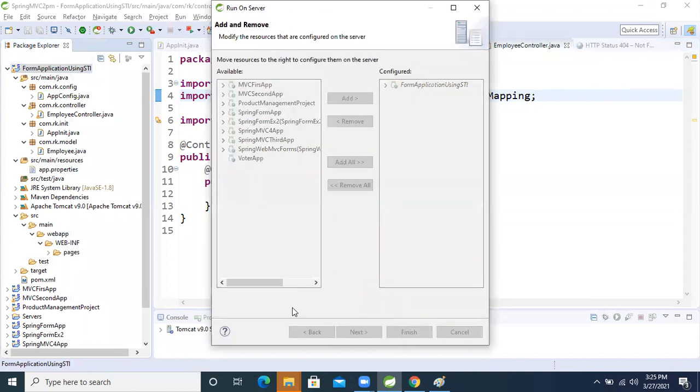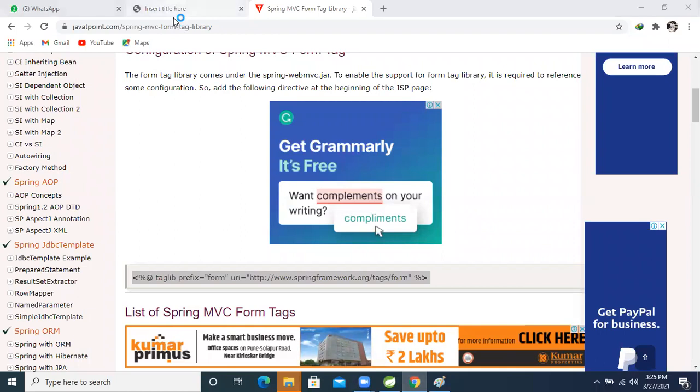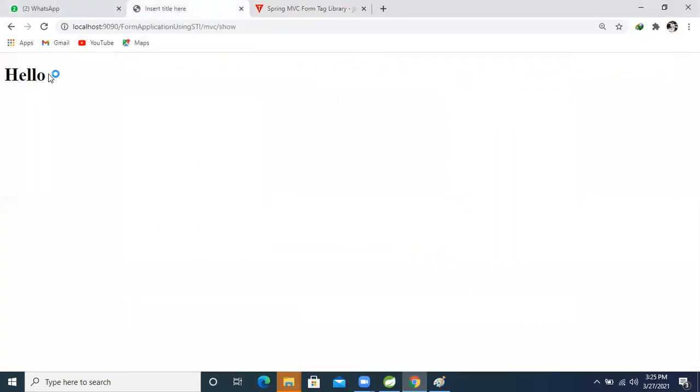I'm running the application. Again I'm making the request. Previously we got the result like hello, right? This time we will get an error. I'm refreshing that same application because it's the same URL. So we will get a JSP parsing error. See that error? Because we are binding model data, it needs an object from the server also.